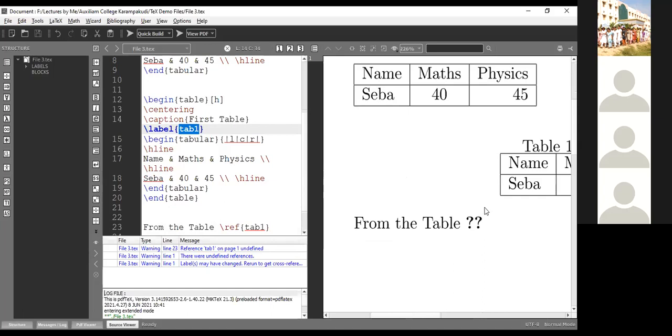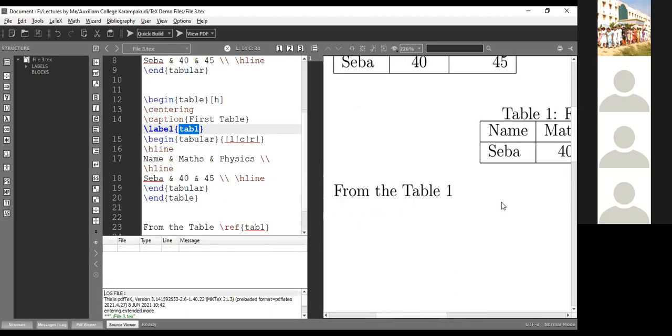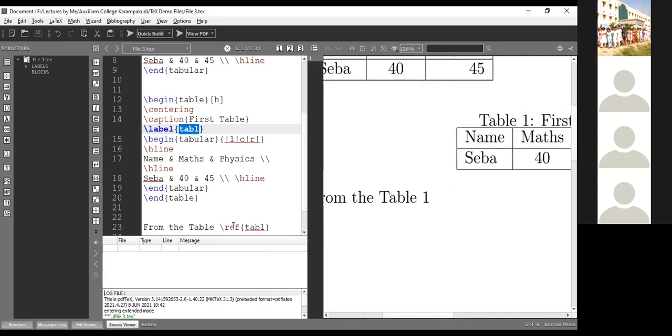Just to see that from table 1, I didn't mention the number. Suppose I am adding one more table. What will happen? I'm going to add one more table at the initial, at the starting of my content. It automatically changes the table number also. Let me run this file.